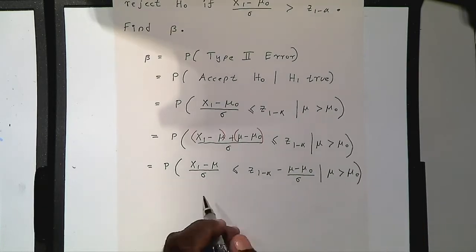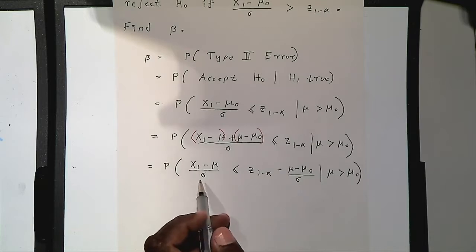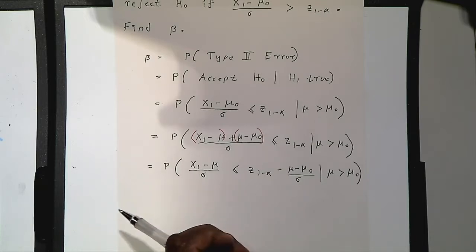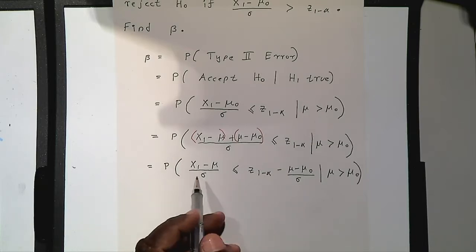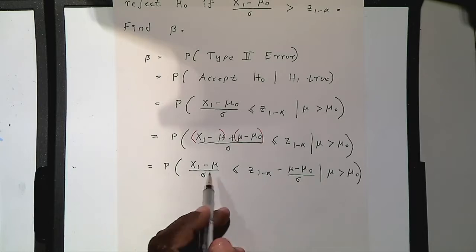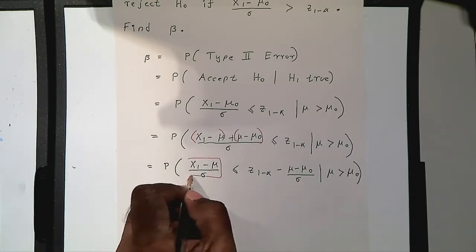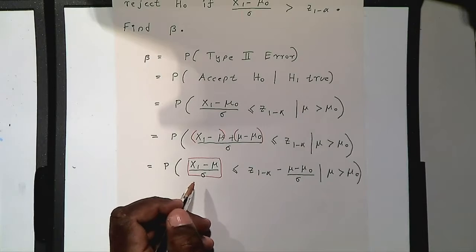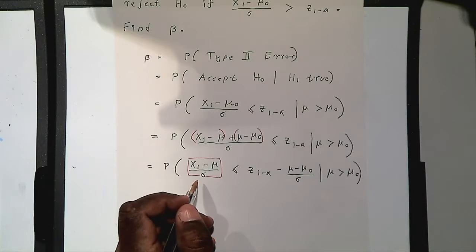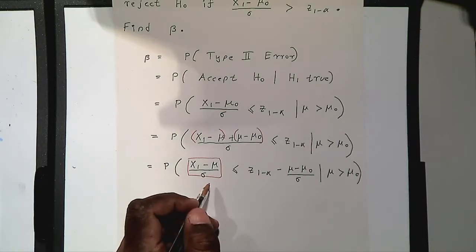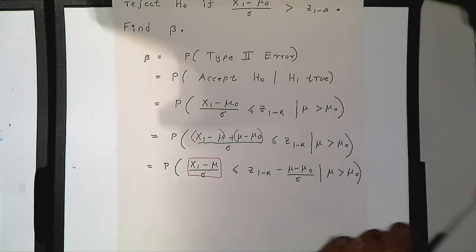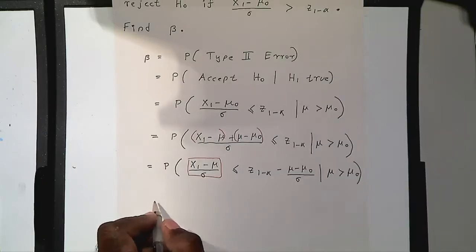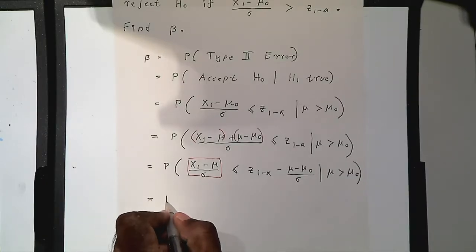Right now, let me test your memory. What distribution will this have, and why? Remember, x1 has a normal distribution with parameters mu and sigma squared. So x1 minus mu divided by sigma will have a standard normal. Yeah. So this will become